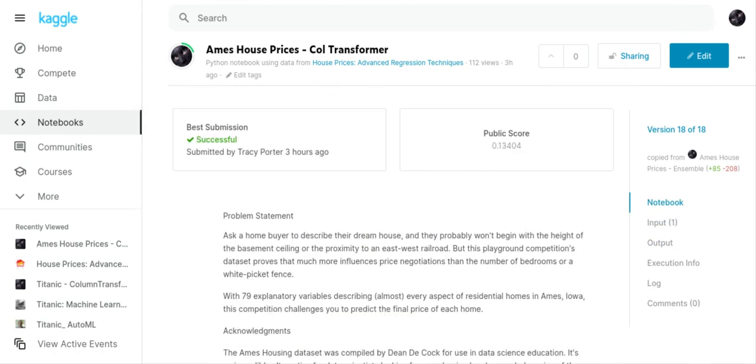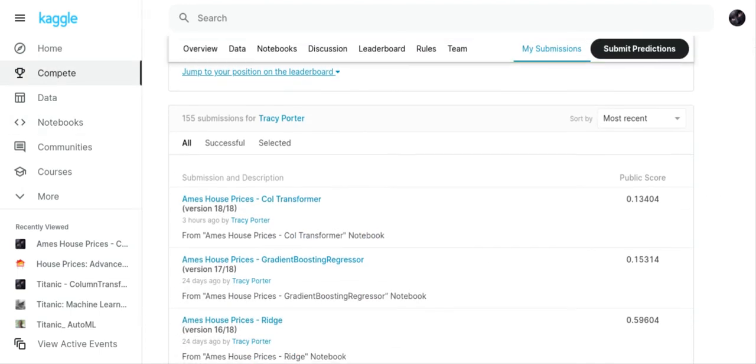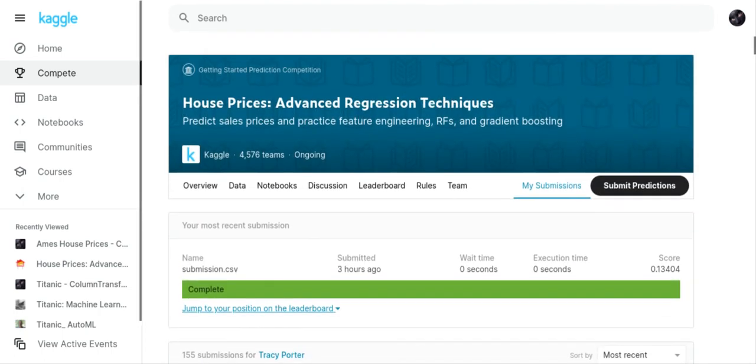we got a score of 0.13404, which isn't too bad. It's not the best score, but it's respectable, and it's better than the previous submission that I made, and the only thing that I did was use ColumnTransformer. The previous submission that I made was 0.15314, and this new position is 0.13404, so that's like 2 points improvement using ColumnTransformer. So I just wanted to show that to you, and